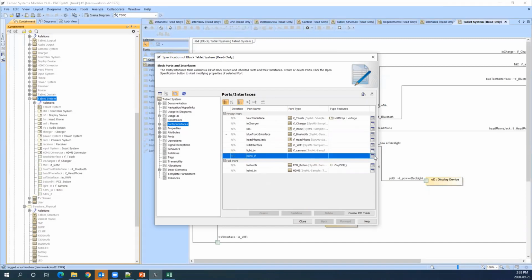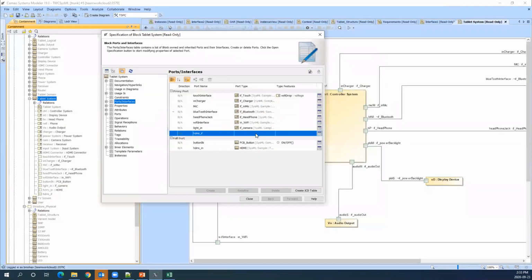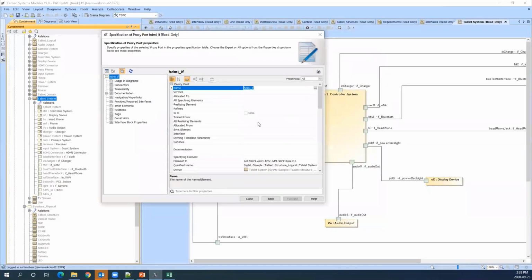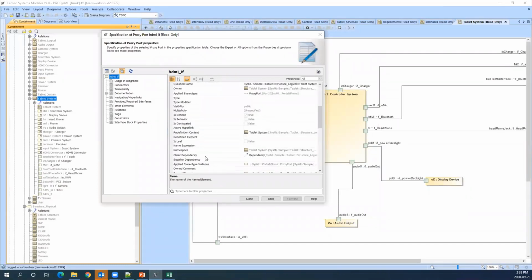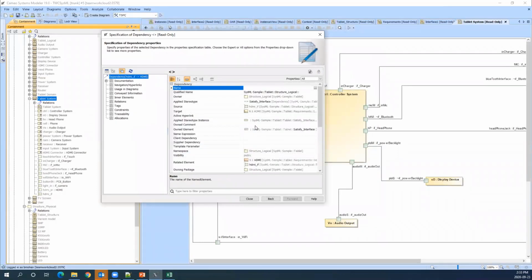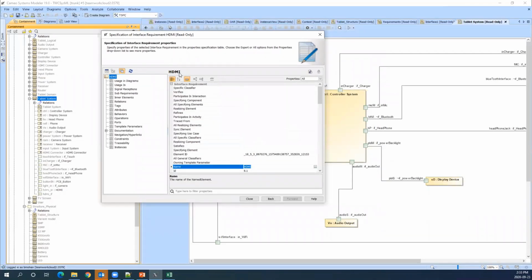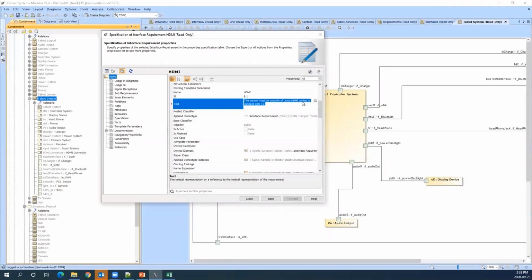And if I open the specification for this, you're going to see that we have created it with a dependency that says it satisfies the interface requirement, that the interface is capable of using an HDMI cable.